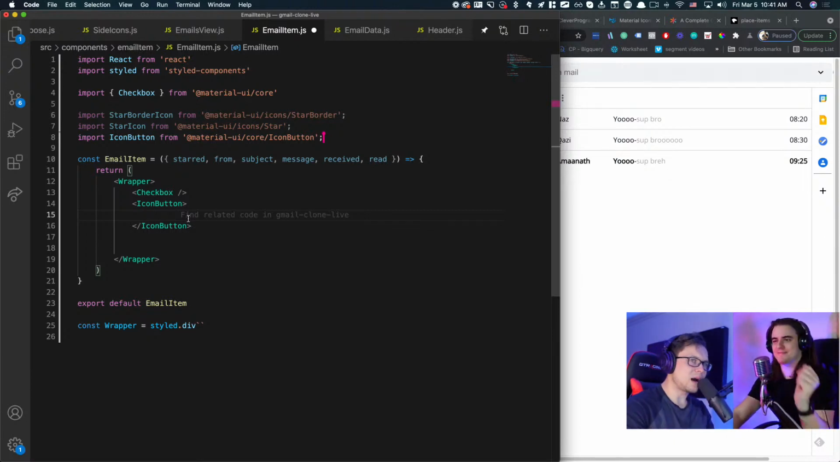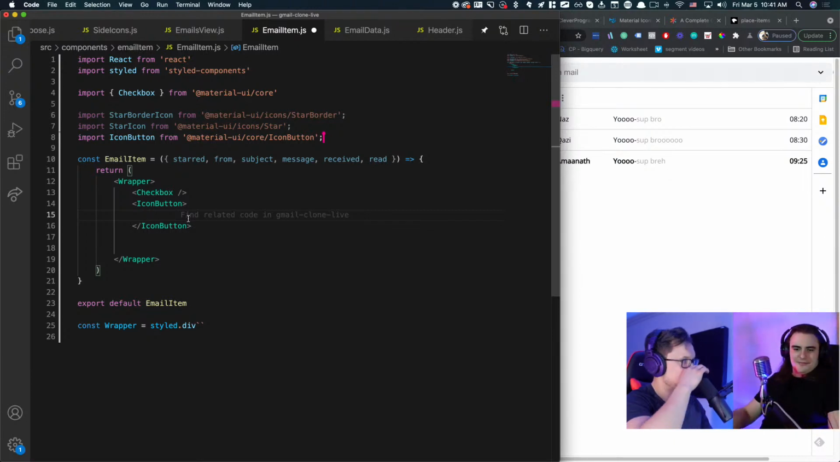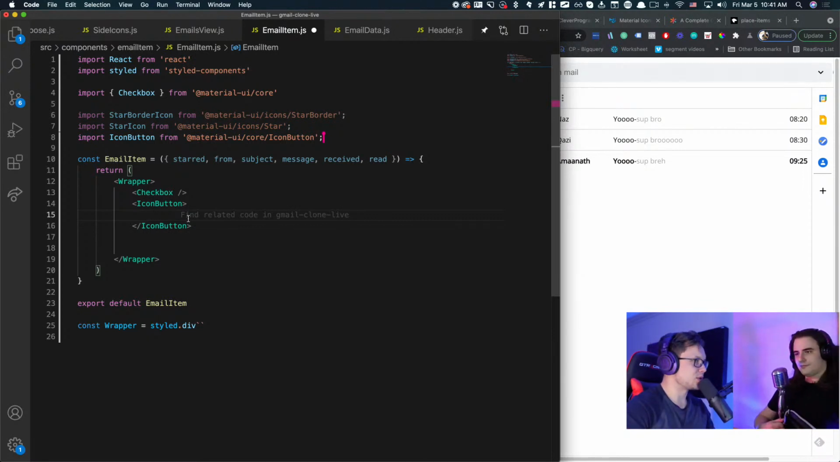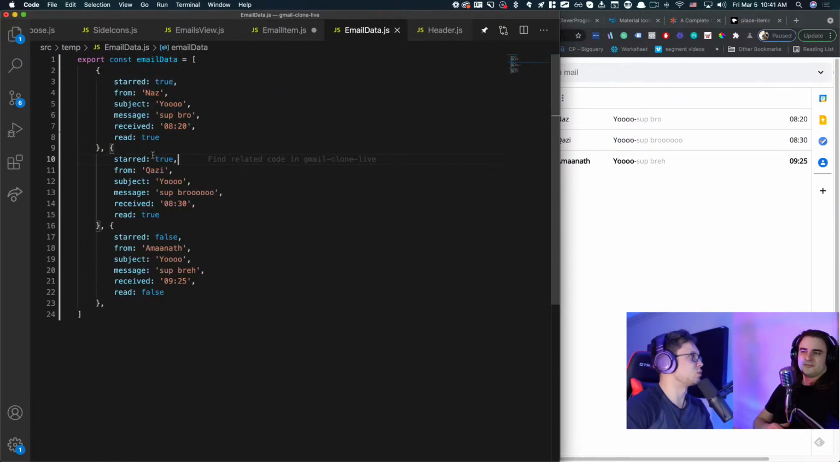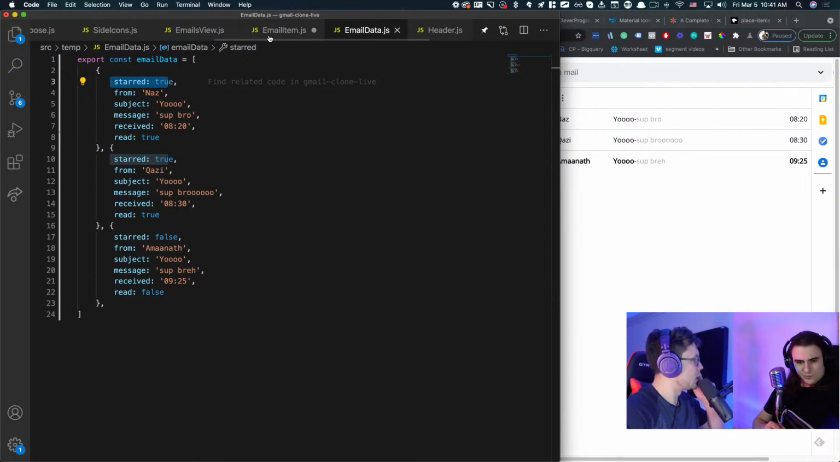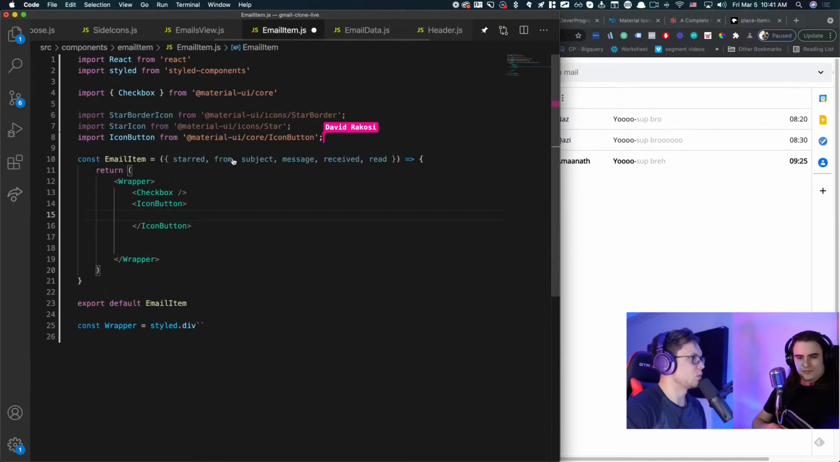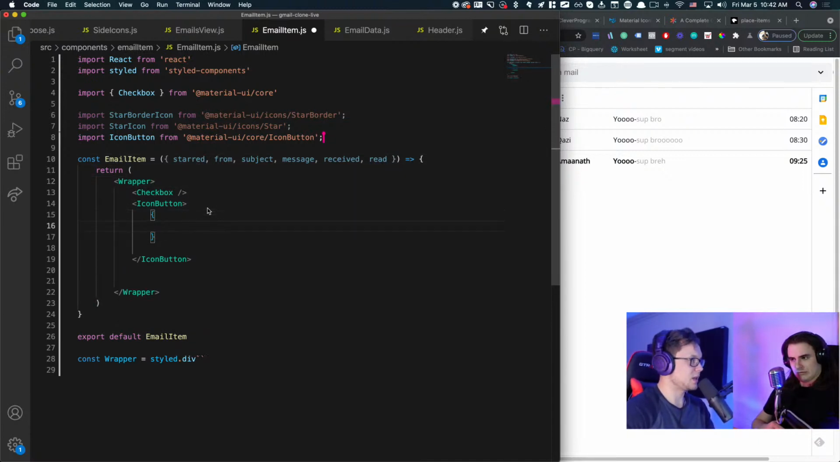Now the star icon changes depending on a few things. Of course, you can see here in the email's data, starred can be true or false, right? So here's what we'll do. Go to the email item and we'll say: if starred equals true, question mark,